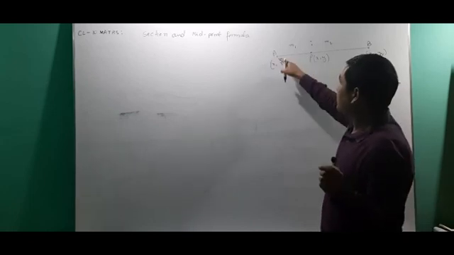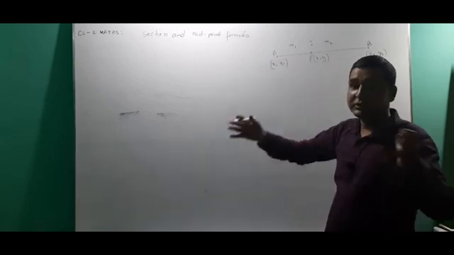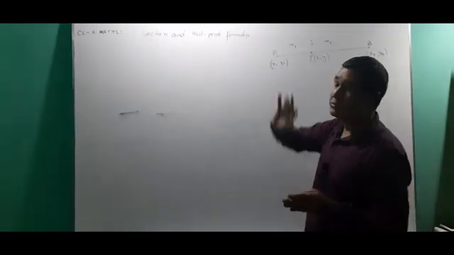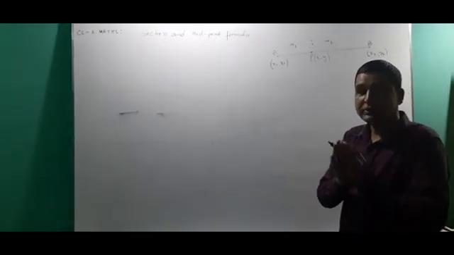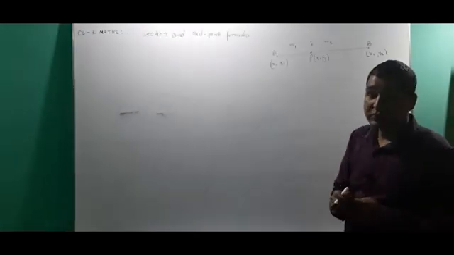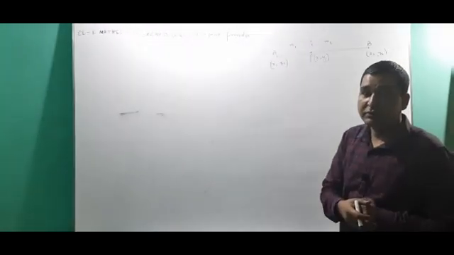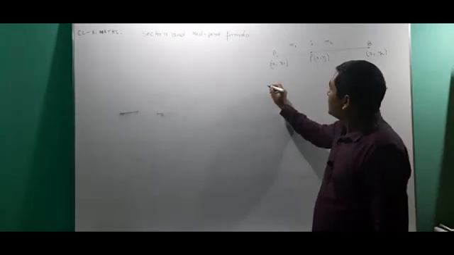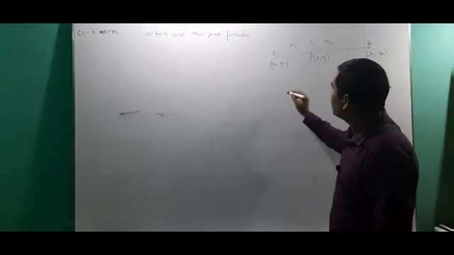If the line joining A and B is divided exactly at the midpoint, in that case we use the midpoint formula. If it is divided at a point other than the midpoint, then we use the section formula to get the coordinates of that dividing point. Now, according to the section formula,